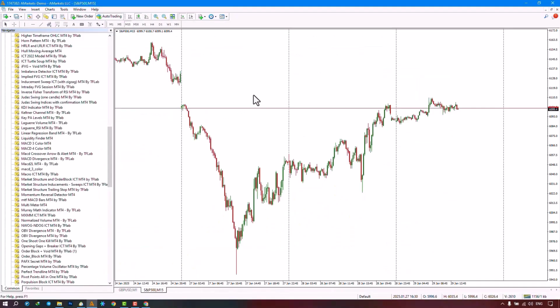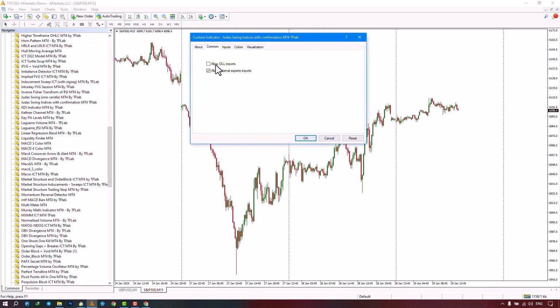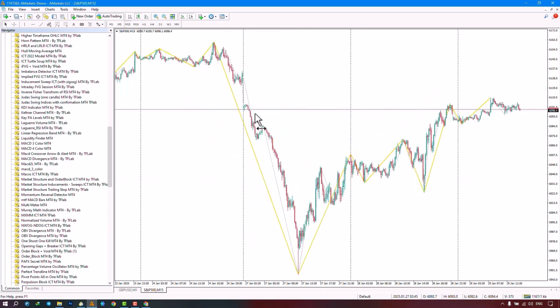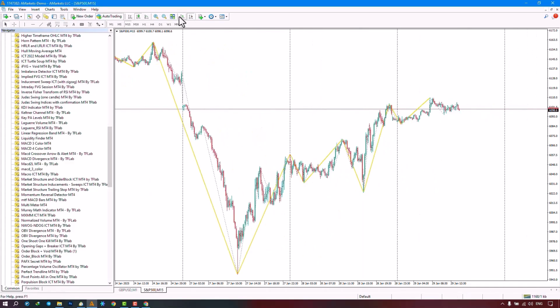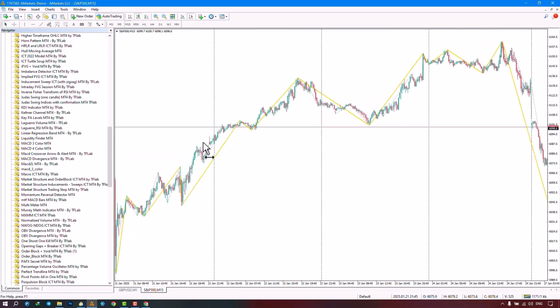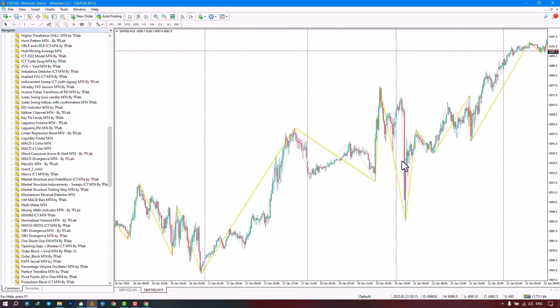We select the indicator file from the Navigator section and execute the indicator by dragging the file onto the chart. Just make sure to go to the Common section, enable the Allow DLL Imports option, and then click the Confirm button. By placing the indicator on the chart, it begins to draw its own zigzag and identify separate swings on the price chart. The separate swing rate confirmation indicator is a practical and suitable tool for identifying separate swings